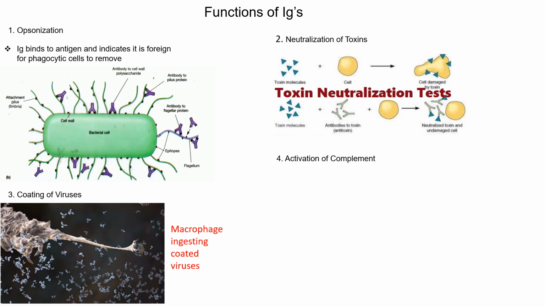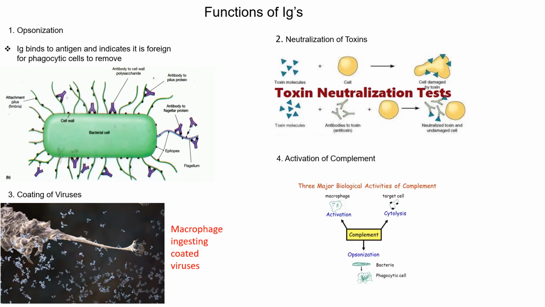Now, the thing about complement, there are several different pathways, and they are quite complex. We're not going to focus on all of them. We're going to focus on one, what we refer to as the classic pathway, and that's going to be involved in what we refer to as cytolysis, which is the lysis of the cell. Now, the cell in this case is not one of our healthy cells. What we're talking about are gram-negative bacteria.